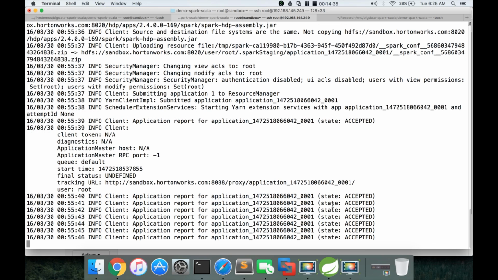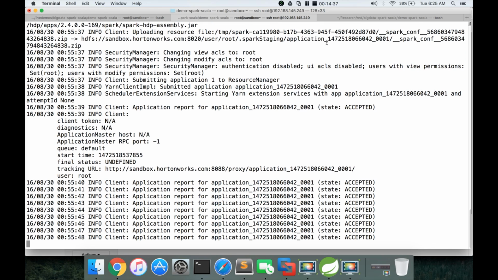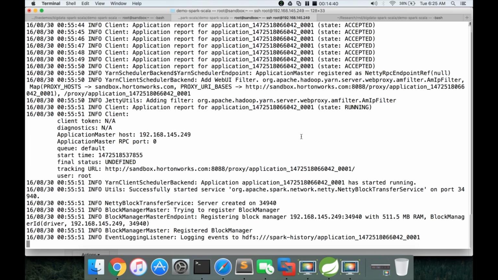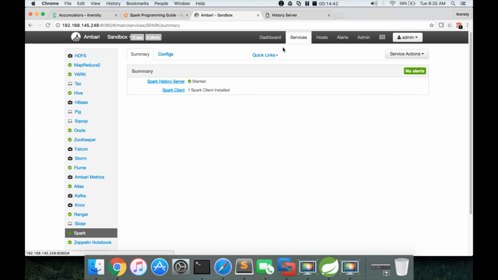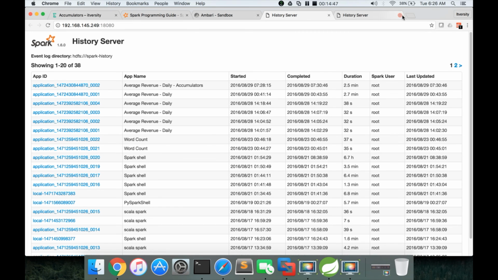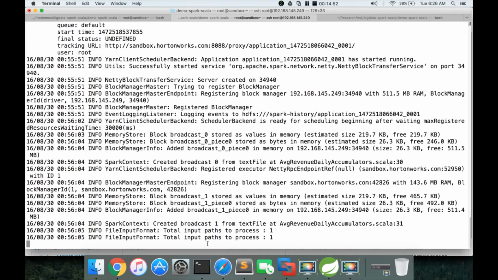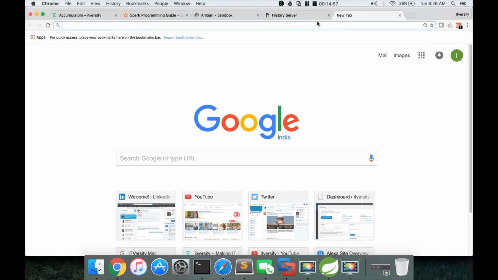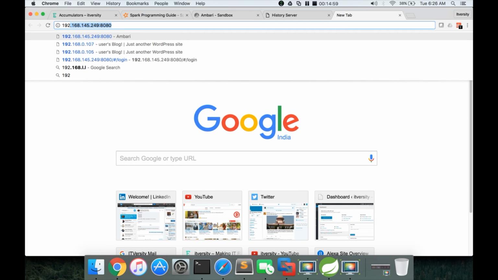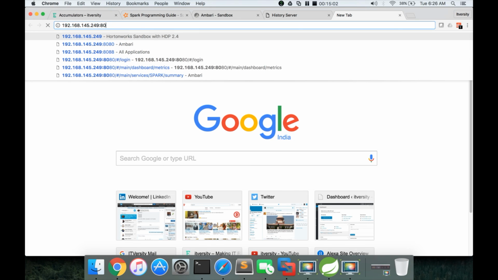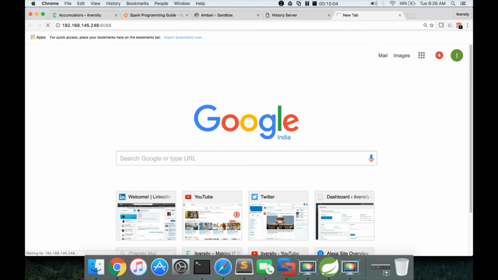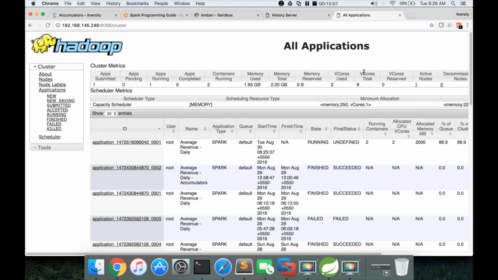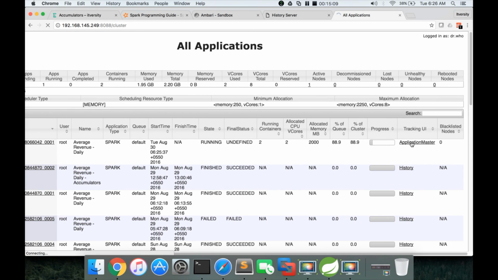So now it is still initiating the job. We have to wait until it gets initiated and starts running. Now it started running. You can click on the quick links and go to history server. Let it complete, then we will see. While running, we can go to the resource manager web interface. Still it is running. Click on application master.